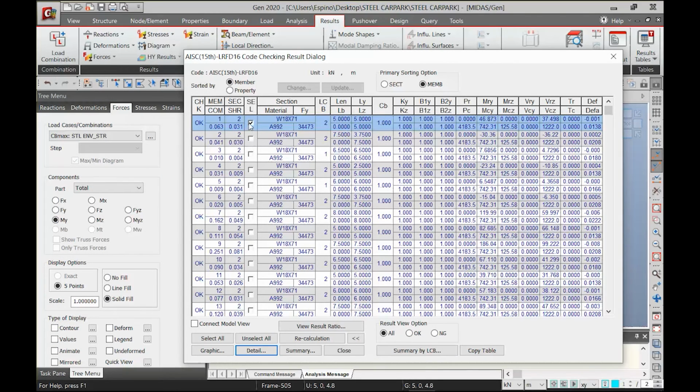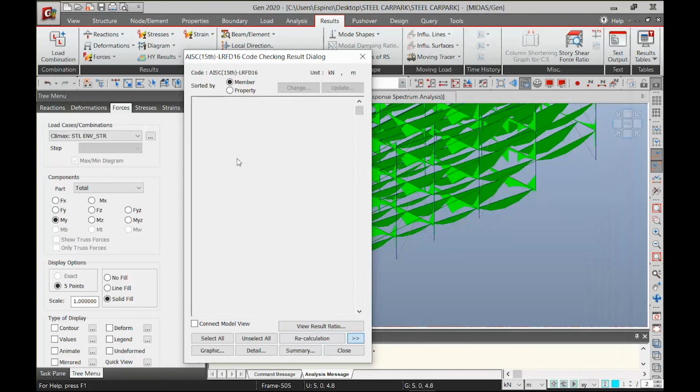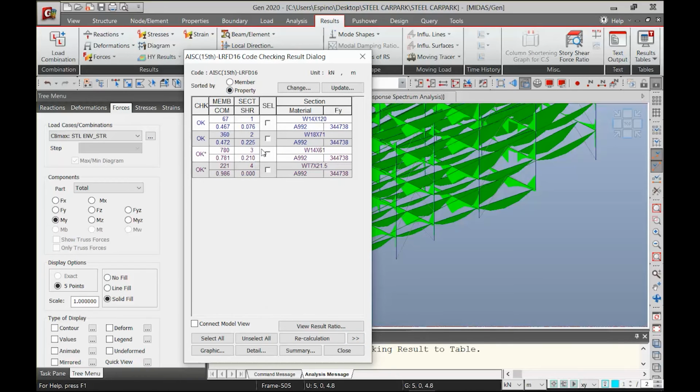So how about if we update a single element in our structure? Let's say I want to update this one because it actually has a very small ratio, and I want to update the column. I want to change this into a smaller size, I mean. So what I will do now is click the change,